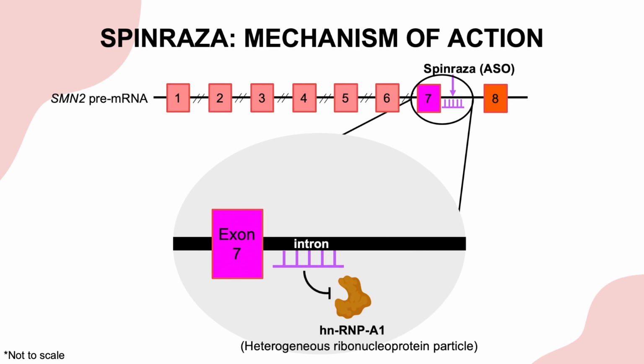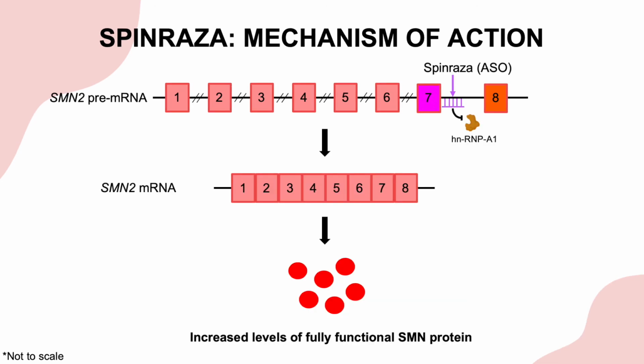The binding of this drug prevents heterogeneous nuclear ribonucleoprotein, or hnRNPA1, from binding to the SMN2 messenger RNA. Heterogeneous nuclear ribonucleoproteins are complexes composed of RNA and proteins present in the cell nucleus that bind to pre-messenger RNA transcripts, serving as a molecular signal that pre-mRNA is not yet fully processed and therefore cannot be exported to the cytoplasm. Preventing the binding of